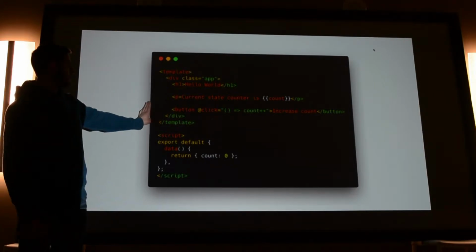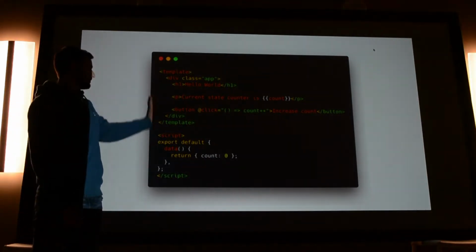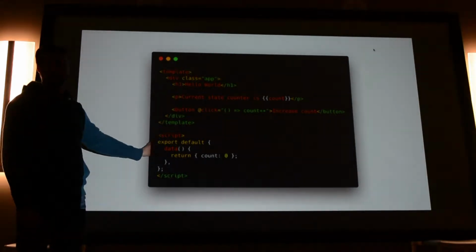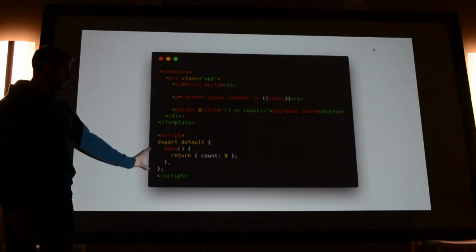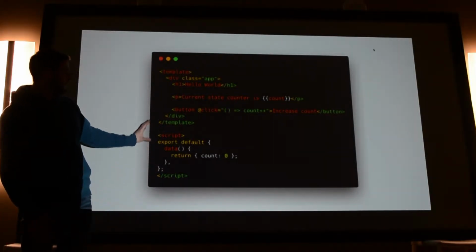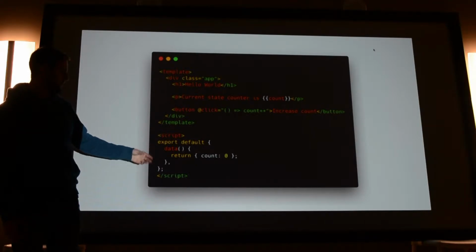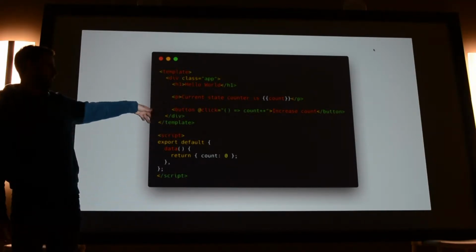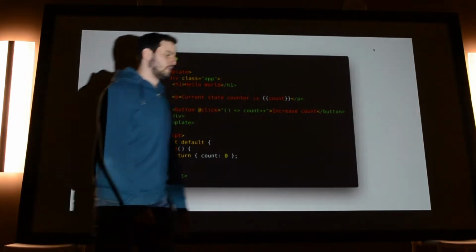You put template here, and this is valid HTML, and then any script to control the internal state or any actions you want to perform as part of this component, you can put in your script. So this contains JavaScript, this contains HTML. And in Vue,